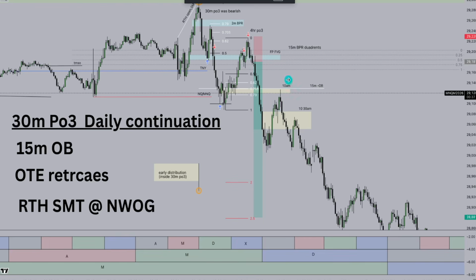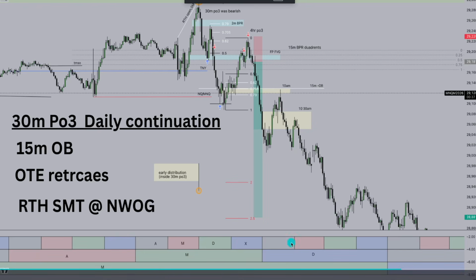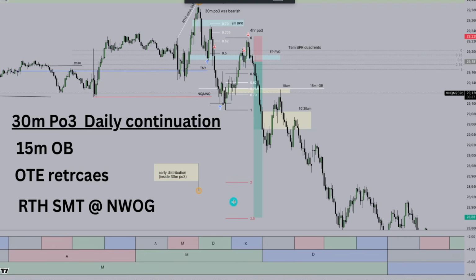This 10:30 open. We created our wick to tap into 10 a.m., which was premium of the range, which was a 15-minute order block right here. All these things aligning means that if we're going to go higher, then we're probably going to go to OTE and then drop down, or we're just going to drop from here, telling me that in distribution of the 90-minute cycle, right when 10:30 opens, we're dropping to our standard deviation projection. Like that's